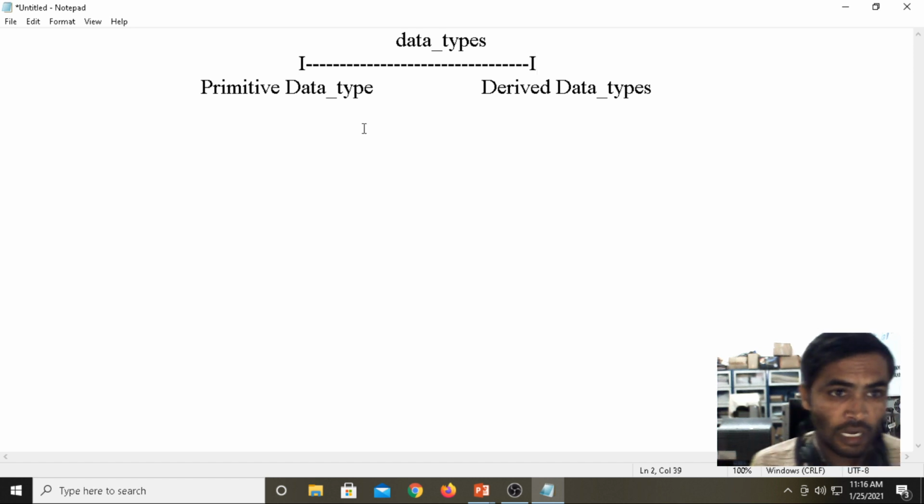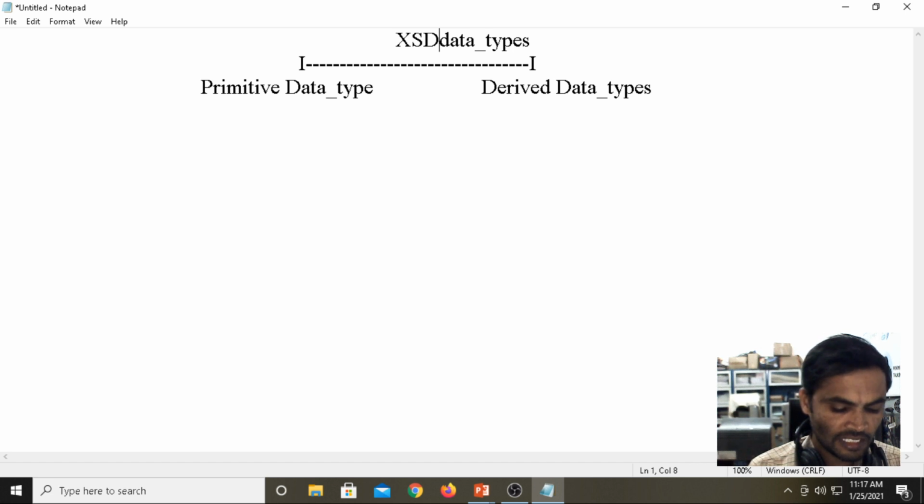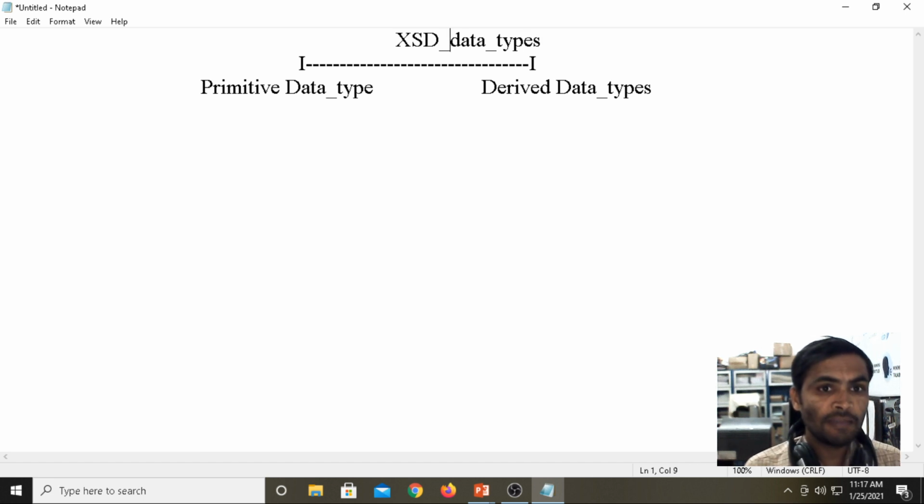Here I am typing: primitive data types are fundamental data types, and derived data types are categorized into two types. These are the XML schema, XSD, or XML schema definition data types.